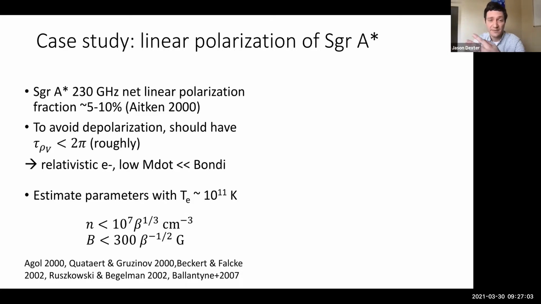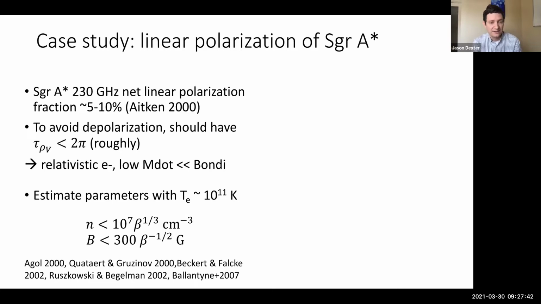order of magnitude type estimate, but it's extremely important for the galactic center because this again meant that we must have relativistic electrons radiating, and a low accretion rate, much lower than the Bondi accretion rate available at large radius. Okay, and just to give a sense of how useful this is, if you use the brightness temperature measured from radio images of the galactic center, and here it's to order of magnitude, say it's somewhere in the range several times 10 to the 10 or 10 to the 11, then you can actually use this to estimate, say, a particle density or a magnetic field strength near the black hole.